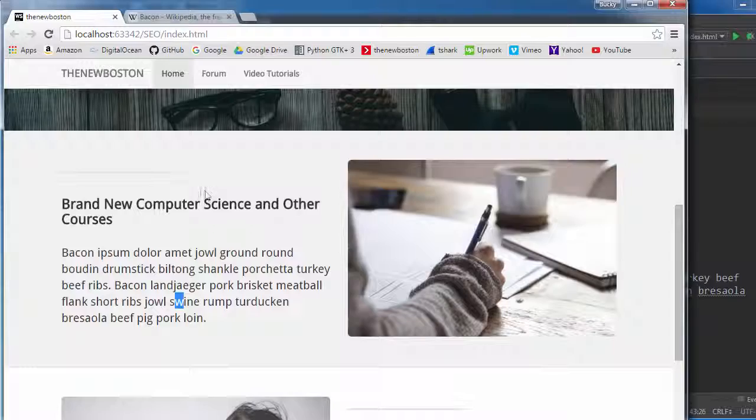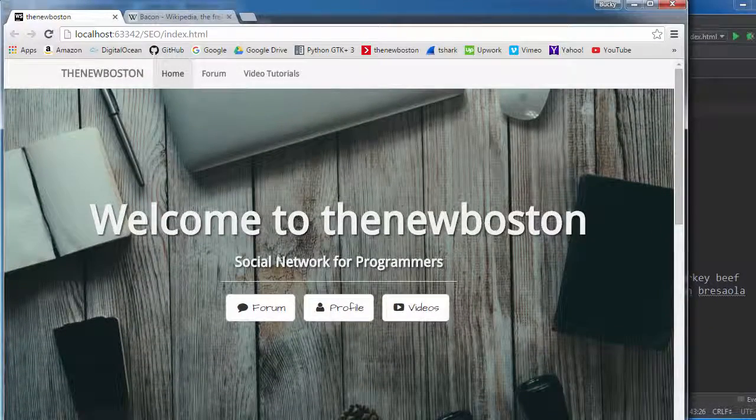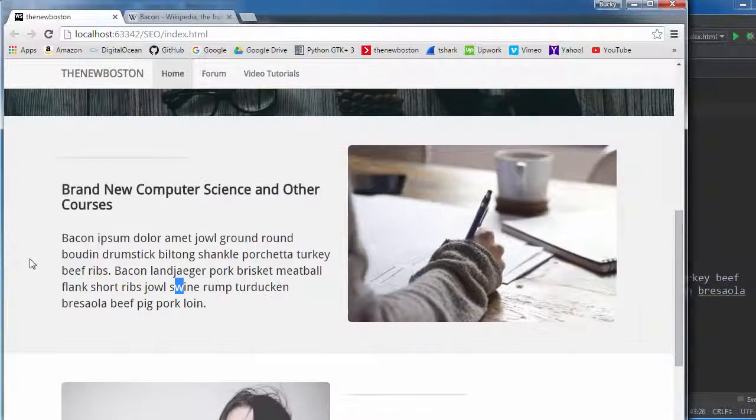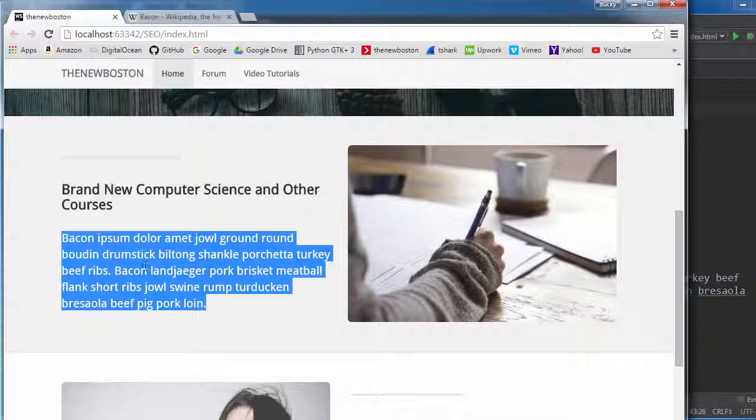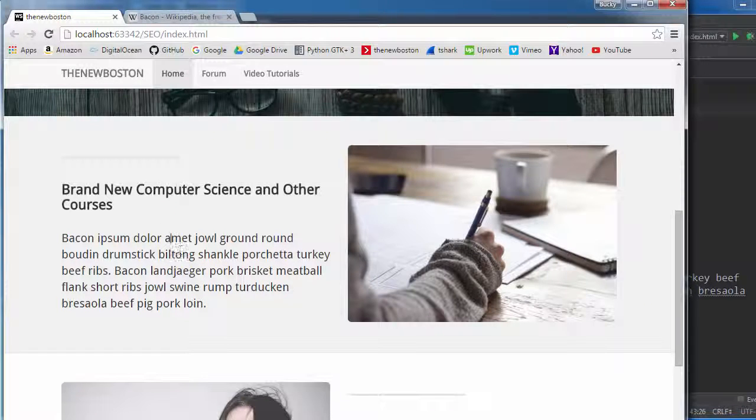Now, the reason I say this is because whenever a search engine is looking at whether your site is relevant to whatever the user is trying to look for, we already know that it looks at certain locations: the title, the heading, in these specific areas. Now, it also looks at the content, but not only does it look for if the keyword exists in your content, like bacon, it also looks how frequent that keyword occurs. Let's say some user typed in bacon for whatever reason, they were just looking for web pages about bacon.